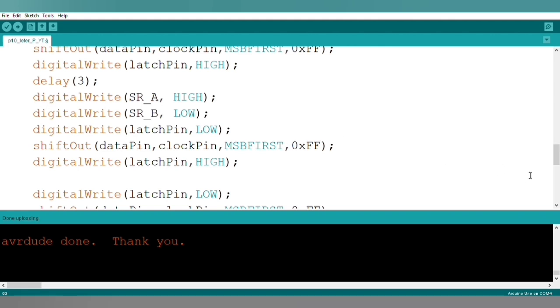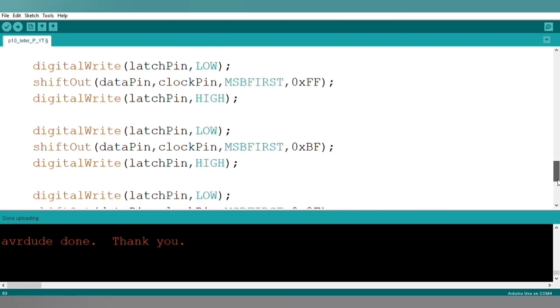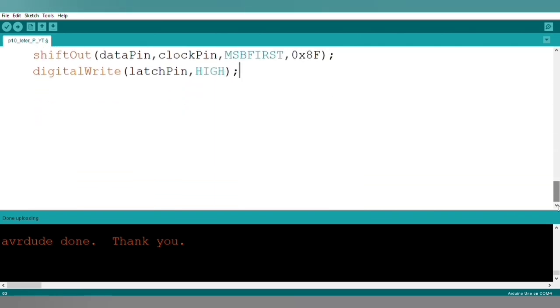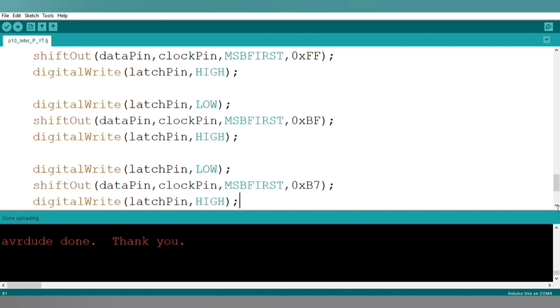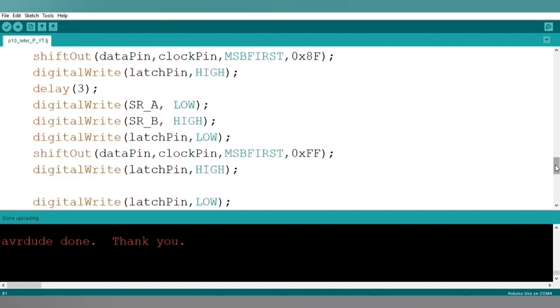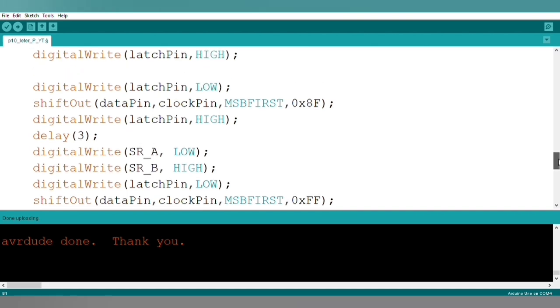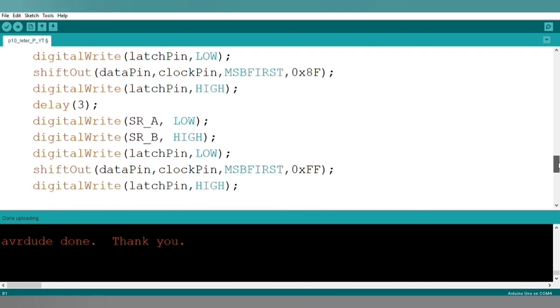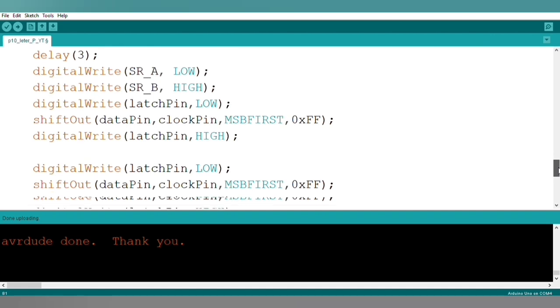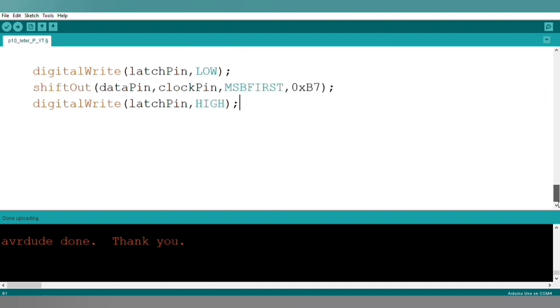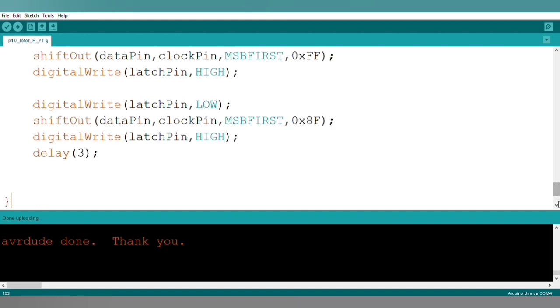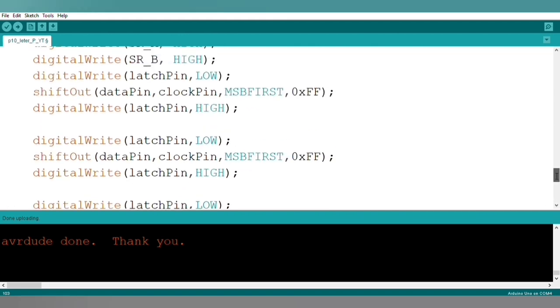I have used the shiftOut function of Arduino here. You can see that it is an inbuilt function of Arduino. With the help of this function, we can send 8 bits, that is a single byte, at a time to the P10 module's rows. The most important thing is that the FF we are sending to this P10 board is to clear that particular byte. So this must be remembered while programming